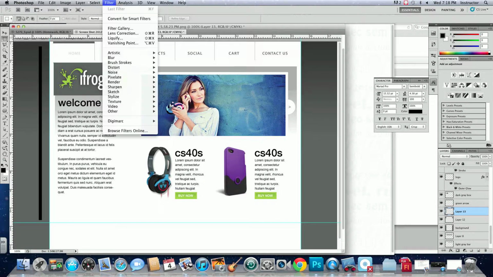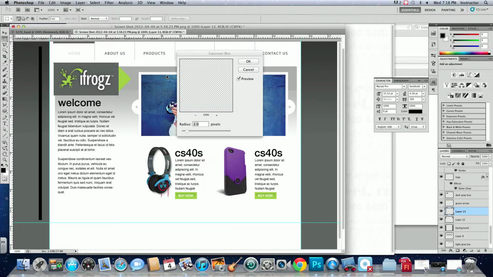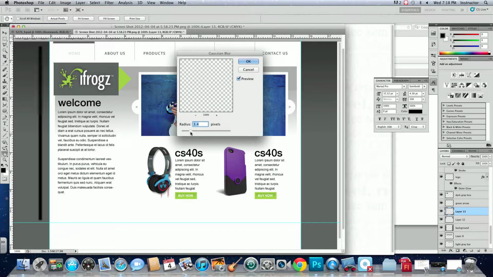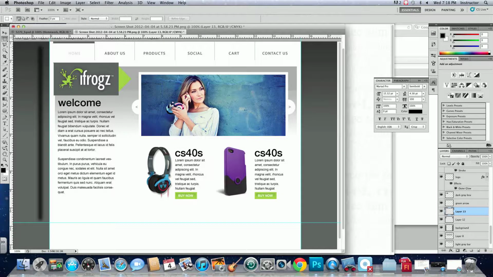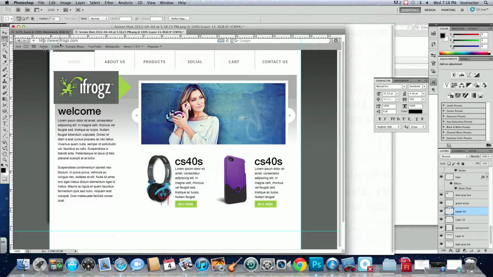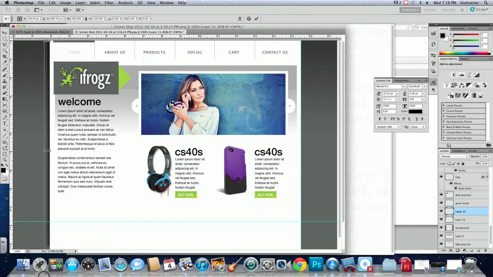Deselect it and then go Filter, Blur, Gaussian Blur. That's going to blur up your box a little bit. Click OK. Get your marquee tool. Cut it by hitting delete. Then you can come over here, line it up with your side, cut off the top where it's a little bit blurry, and you can line it up so it has a nice hard edge. Then you just have to Command T, drag it down,